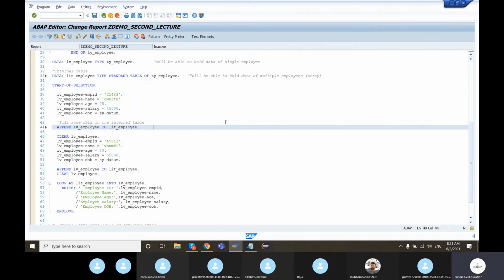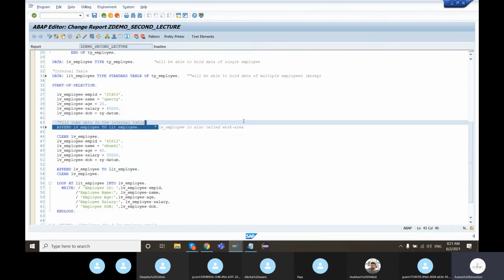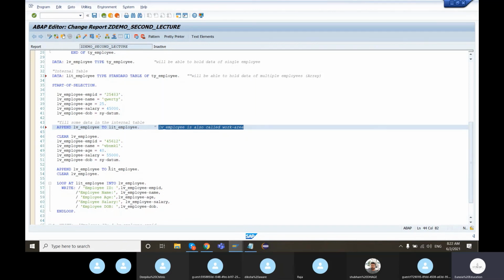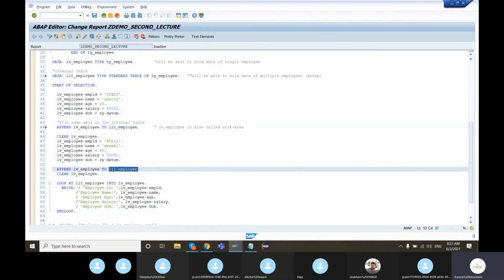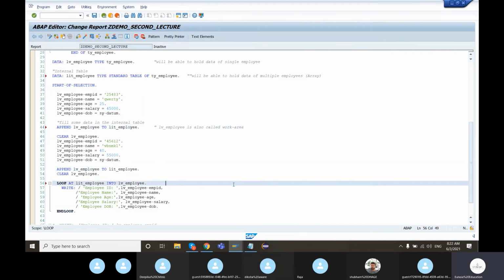LV employee here is also called work area. Here we are treating LV employee as a work area. A structure variable is treated as a work area whenever it is used to manipulate data present in the internal table. So this is the concept of internal tables and work area.